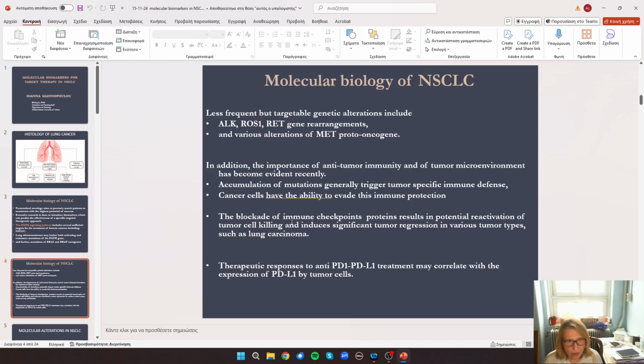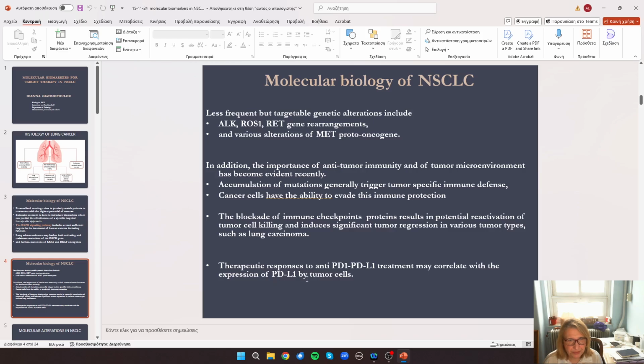The blockade of immune checkpoint proteins results in potential reactivation of tumor cell killing and induces significant tumor regression in various tumor types such as lung carcinoma. Therapeutic response to anti-programmed death 1 or programmed death ligand 1 treatment may correlate with the expression of PD-L1